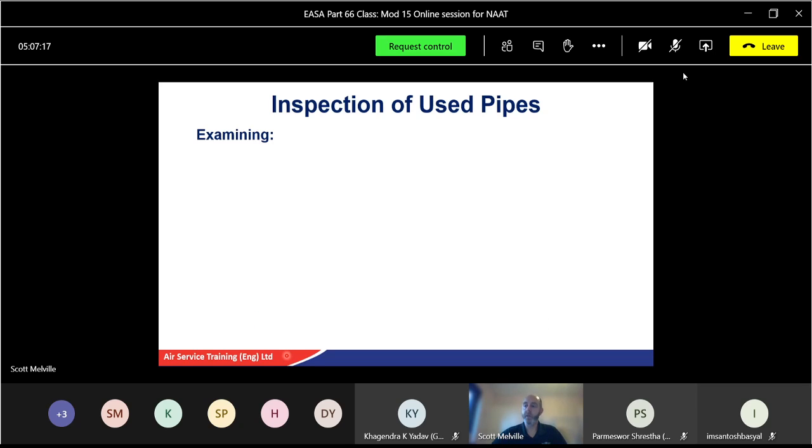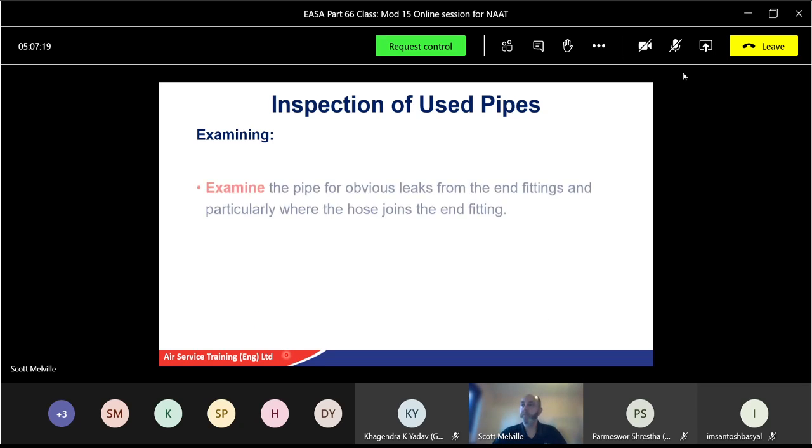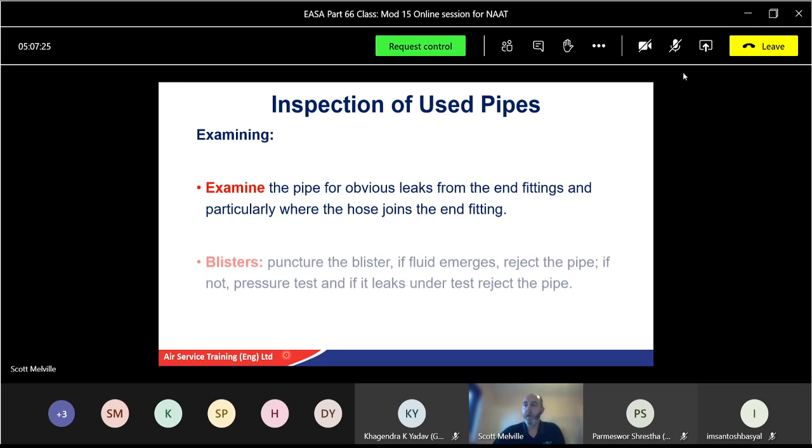So examine used pipes. You're going to time them. Examine the pipe for obvious leaks from the end fittings, and particularly where the hose joins the end fitting. Looking for blisters, so bulging of the hose itself. Puncture the blister. Now, don't do this when the engine's running, or you've got hydraulic power on,